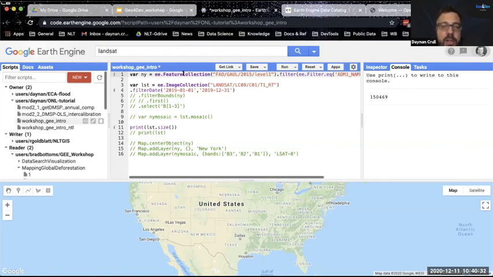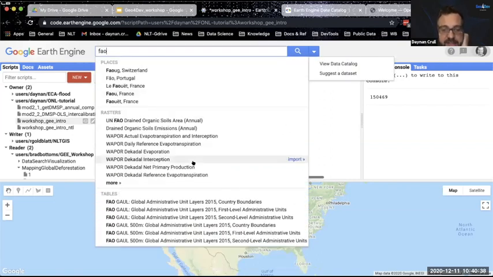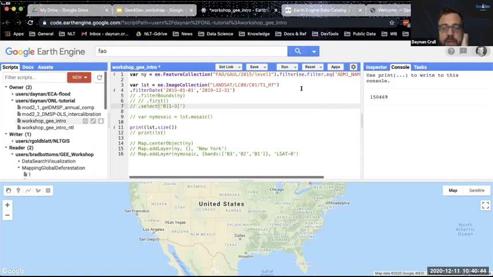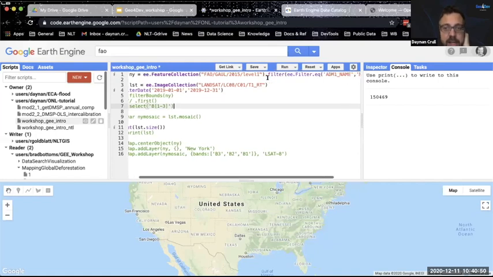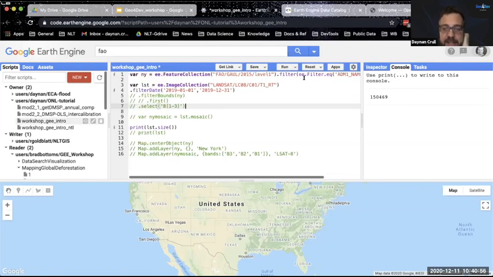If you want to use some of the tagged data sets that Google has, one of them is a geospatial data set that has boundaries for different administrative units, including countries. Here we're looking at level 1, which, for those of you familiar, is the state or province level. And we're looking for a province or state named New York. We're not very specific here, so it could be any state in the world named New York. There just happens to be only one in this data set, and it's the one that I'm currently in.